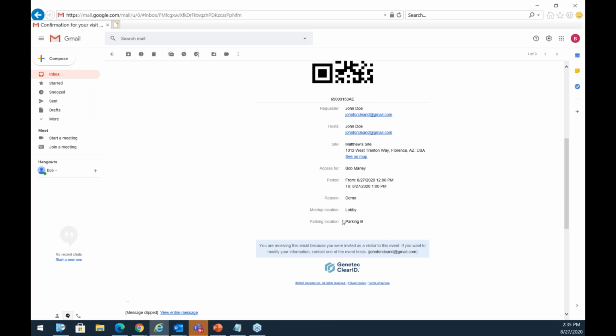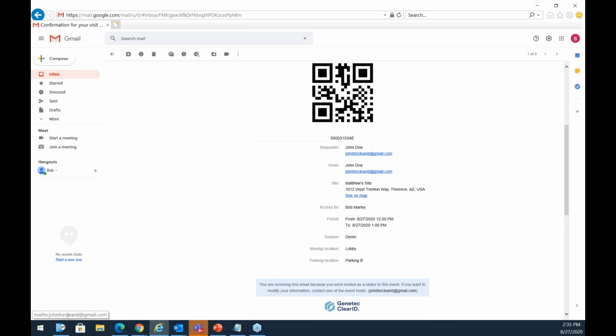And if you scroll down, this will also break out all the information for the visitor, letting them know where they're going to meet, where they're going to park, what time the meeting is at, and one of the bonuses, and I'll come back and show you guys this in just a second, is whenever you create sites, systems in ClearID, you can actually assign